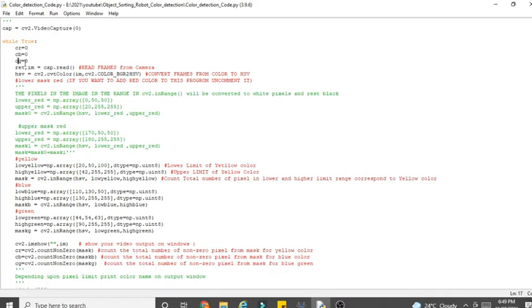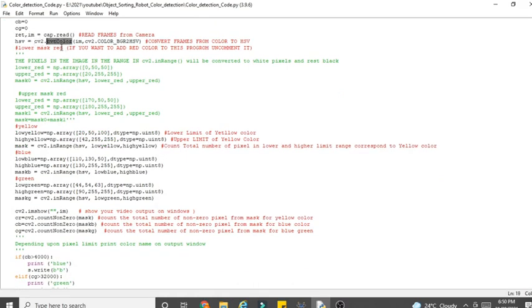Then cr, cb, cg are variables; we will see the importance of these variables later. Then cap.read. Whatever video the camera is capturing is converted into frames, and to store the frame we use the function cap.read, and that frame is stored into two variables, ret and im. Then cv2.cvtColor: whatever image is captured by cap.read should be converted into HSV form.